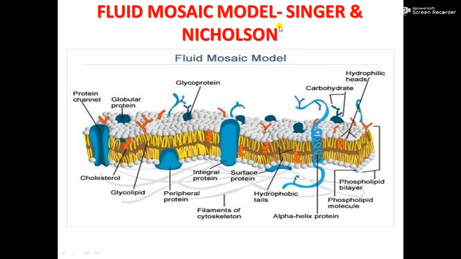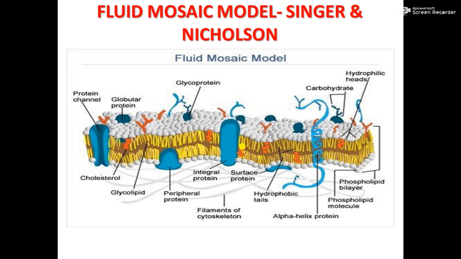We have learned that. Then comes to the structure of the cell membrane in detail. So, two scientists, Singer and Nicholson, proposed a model of cell membrane which is known as fluid mosaic model of cell membrane. And so, the fluid mosaic model of cell membrane is proposed by these two scientists, Singer and Nicholson. Let us see what it is. First of all, as the name indicates, fluidity is there, that is, it is flexible. It's not solid or hard, it is flexible. Now see the chemical components.